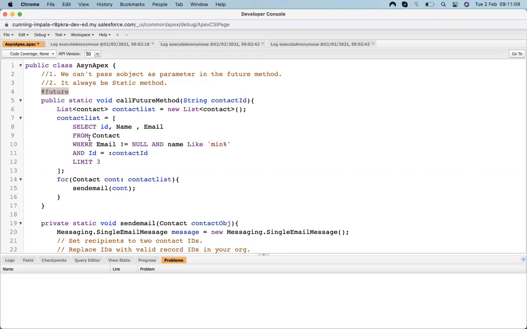That's why we use the future method, batch Apex or scheduler Apex. But when we get stuck in a situation where we need to call asynchronous from asynchronous, at that moment we switch to Queueable Apex so that it will handle that situation. Usually we don't suffer with that. It's a very rare situation, but when it comes, we have to go to our alternate option.